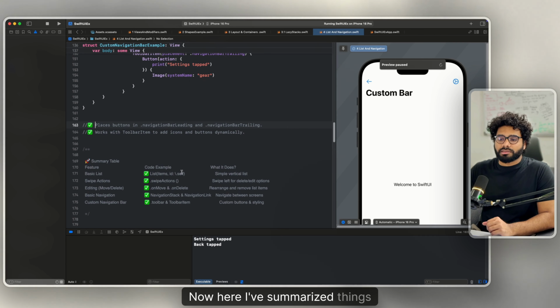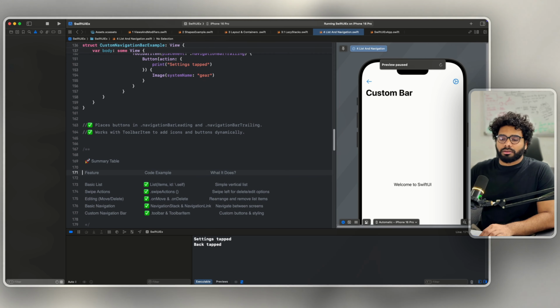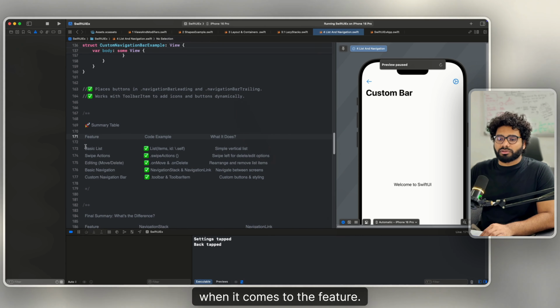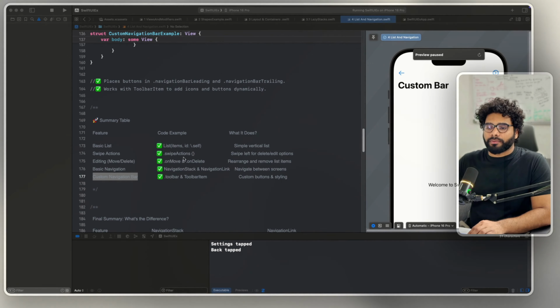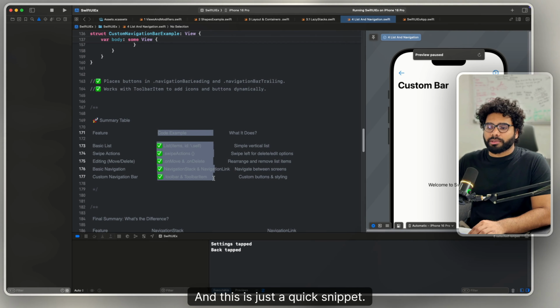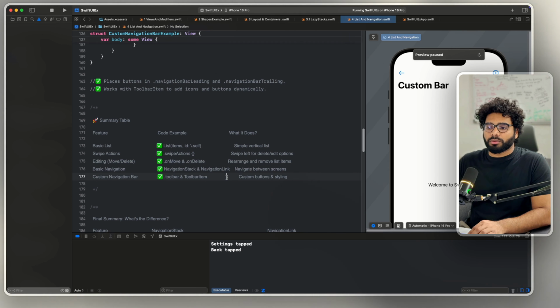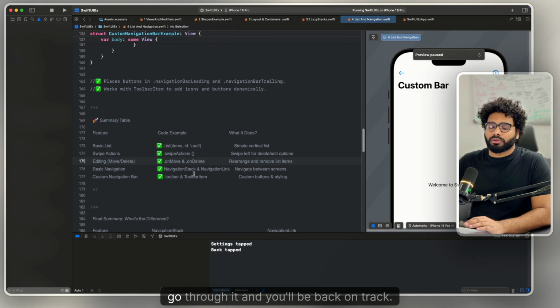Now here I've summarized things. When it comes to the features, we have learned about the basic list, swipe action, editing like move, where you can reorder the list values. You can delete as well. And we learned about the basic navigation, that is navigation link and navigation stack, how it works, and the custom navigation. And this is just a quick snippet. When you want to just revise the notes, you can just come here, go through it,